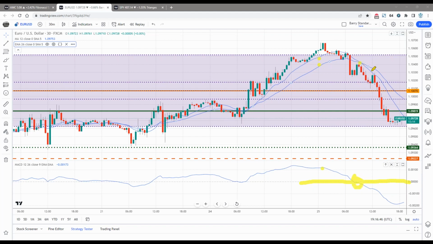Here where the 26 period got larger than the 12 period, and you took the 12 and subtracted the 26, you would always get a negative number. So whatever that number is, it's just plotted down below. 12 period minus the 26 period, subtract it, plot it down below. So at that point forward,